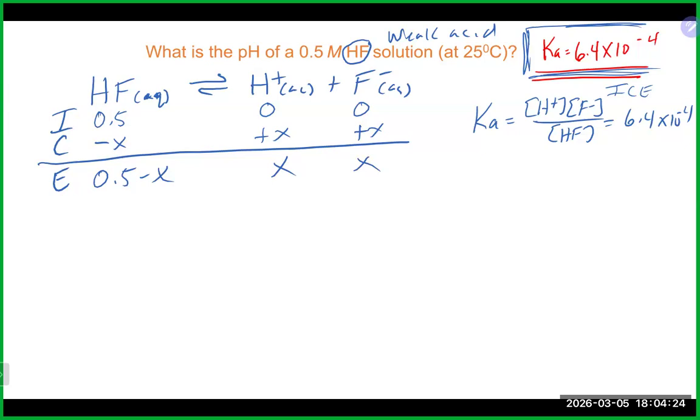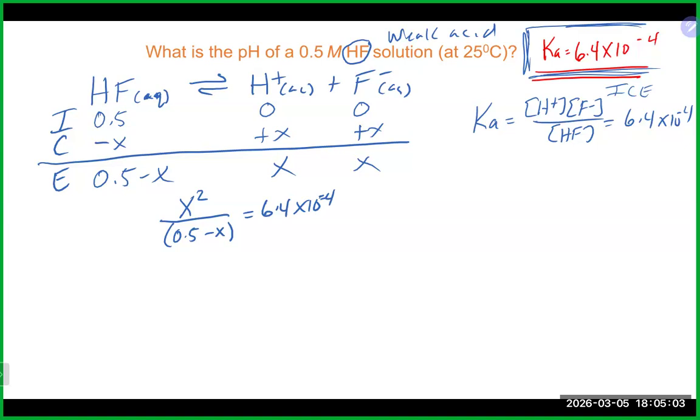Like a normal equilibrium problem, at this point, we're going to put all that into our expression. And again, the goal here is to solve for x. So popping that in, that is going to give us x squared divided by 0.5 minus x equals 6.4 times 10 to the minus 4. Now, again, you want to think about ways to solve this, and maybe an assumption here might be a good idea because maybe you don't want to do the quadratic. Maybe you do want to do the quadratic. I don't know. But we can make the assumption here, like we talked about in the previous chapter,